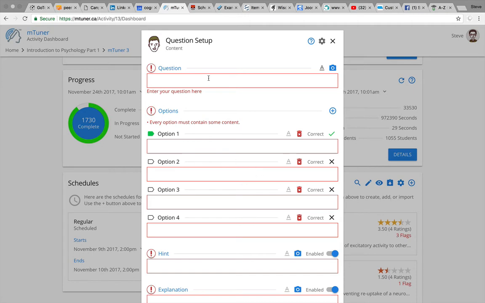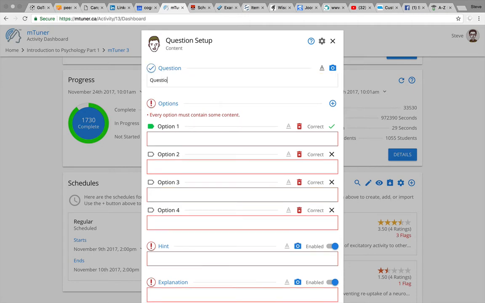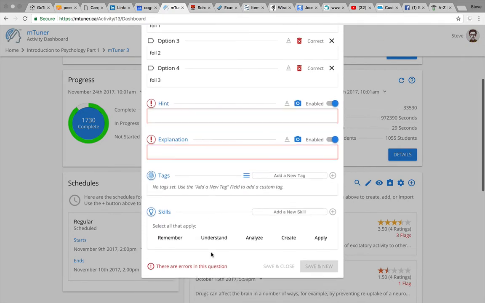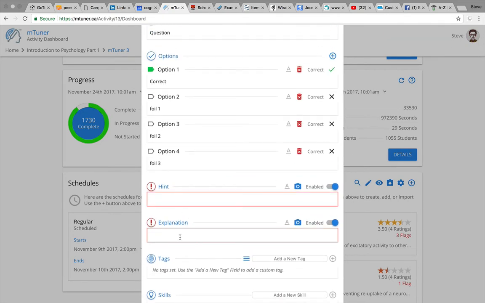And so the student would just write the question here, the correct alternative here, always, and then the various foils would go in these other slots, and you can configure it as you wish, etc. Now there's a couple of other things here that might be kind of interesting. So hints and explanations, you're going to see this in action, but part of what mTuner does is it gives